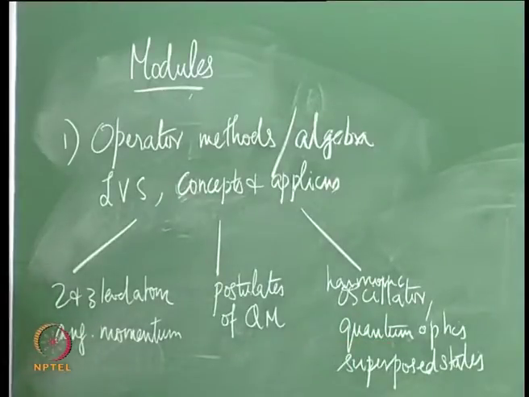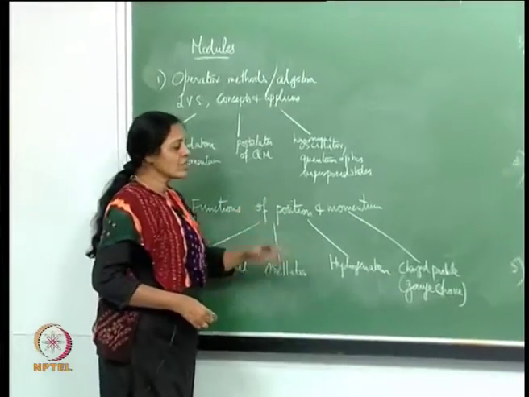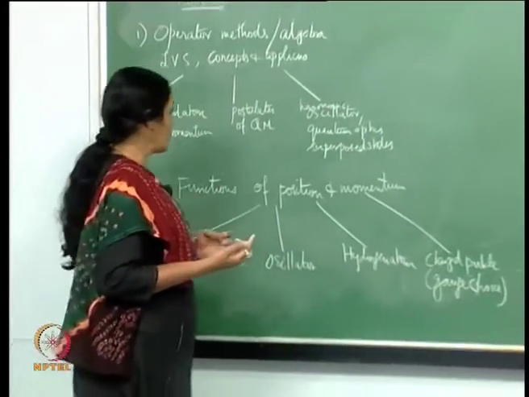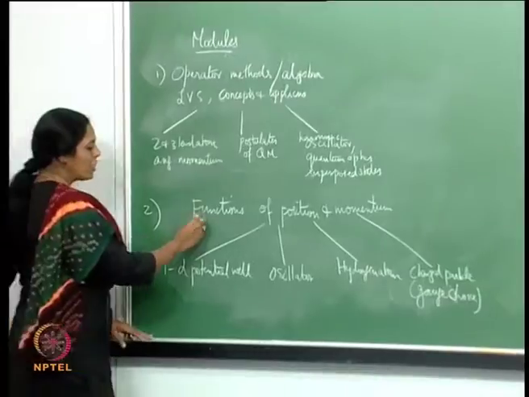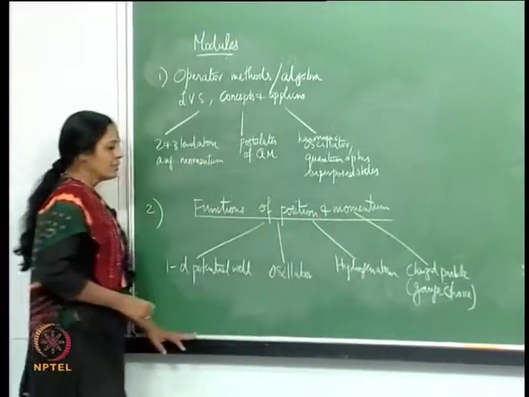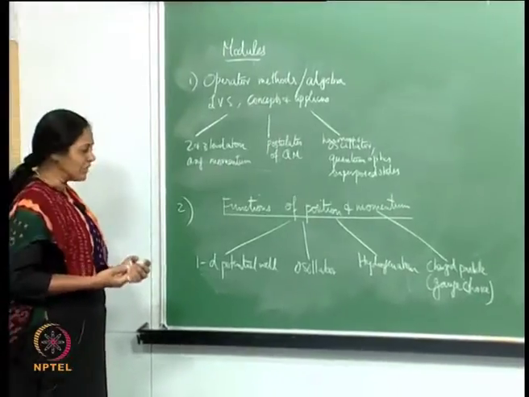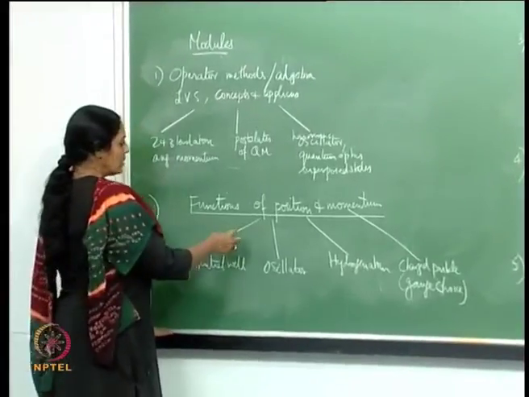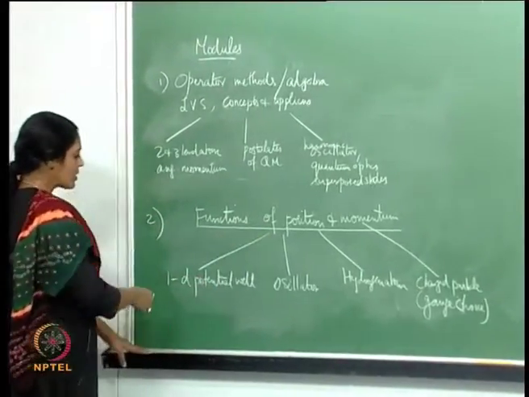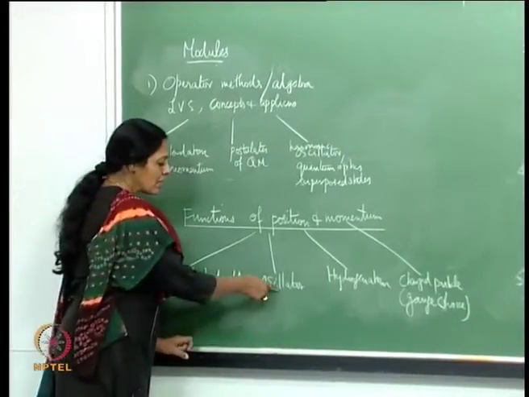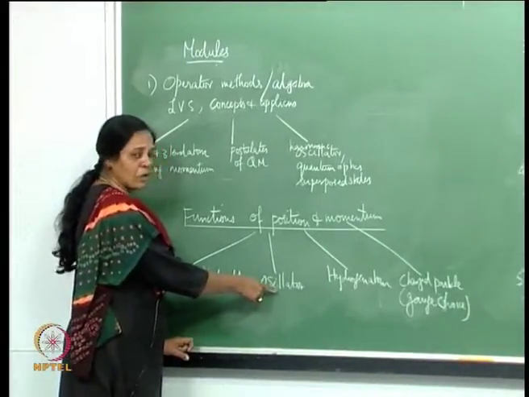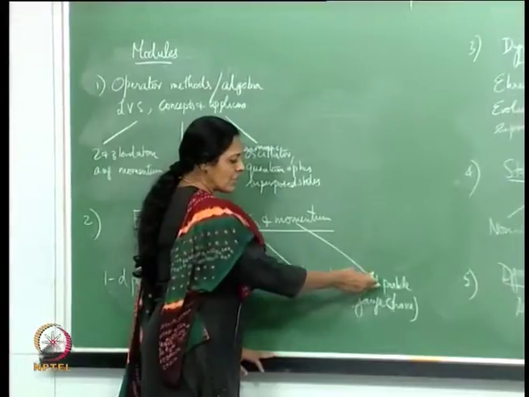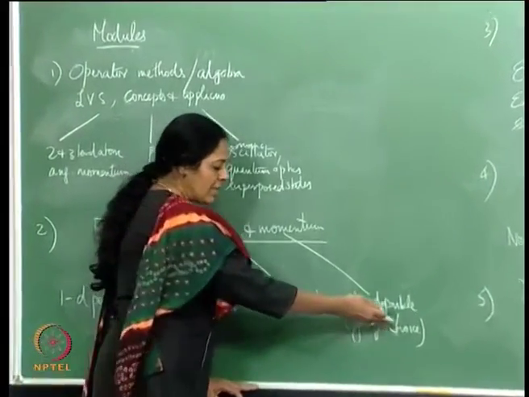I connected that up with quantum optics and to interesting superposed states of the radiation field like the squeeze state, the coherent state and so on. The next module was about functions of position and momentum. The wave function was introduced, psi of x, its Fourier transform psi tilde of p. Of course, this involved understanding one-dimensional potential well problems, redoing the simple harmonic oscillator problem in the language of the wave function, the hydrogen atom problem, the charged particle in a homogeneous magnetic field, and therefore what you mean by